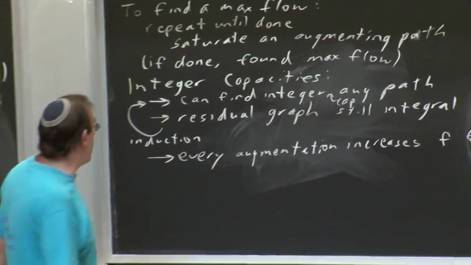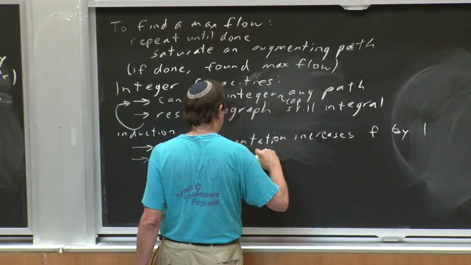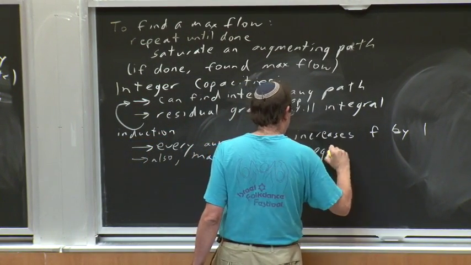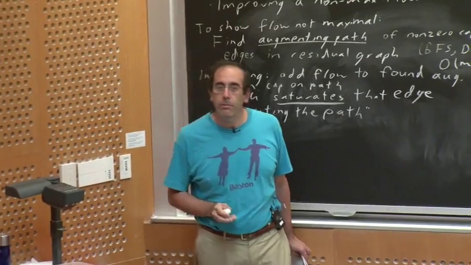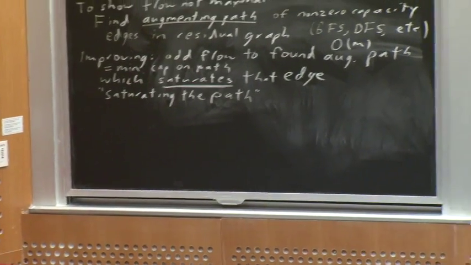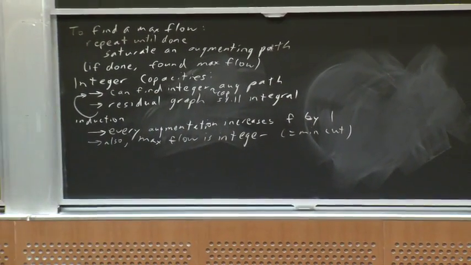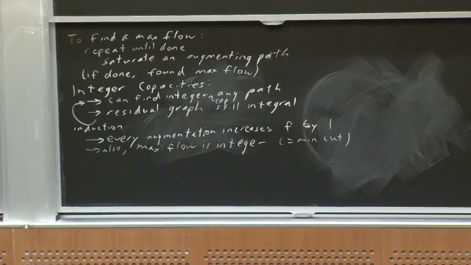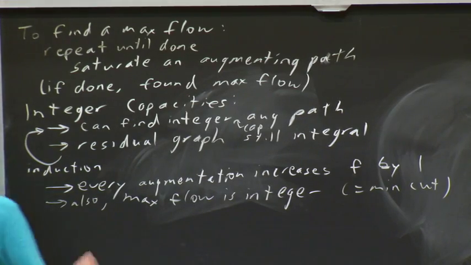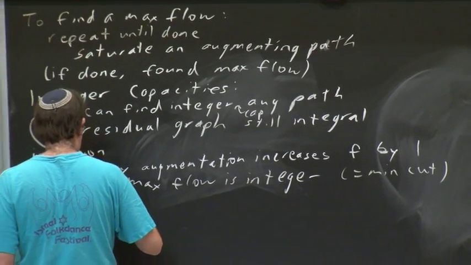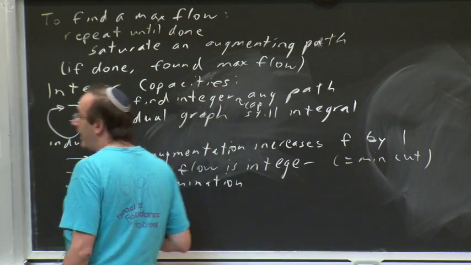Now, as was also stated, the maximum flow is an integer. Why do we know that the maximum flow is an integer? The easiest way is min cut. The maximum flow is equal to the min cut. And the min cut is some cut with edges crossing it, but all of those edges crossing it have integer capacities. So the max flow is in value an integer. So that implies that we have a finite time to terminate,